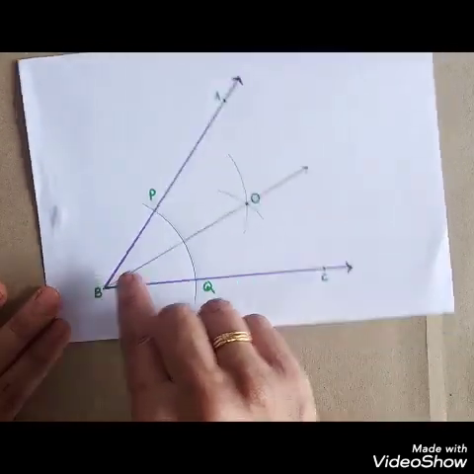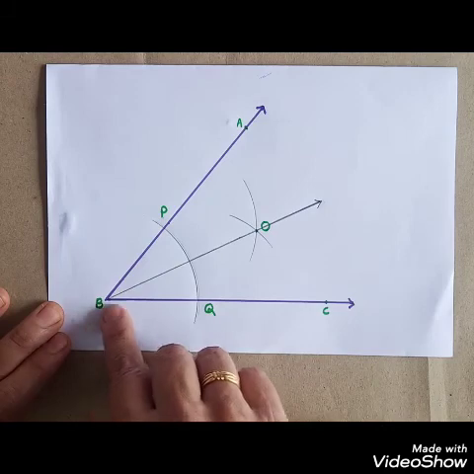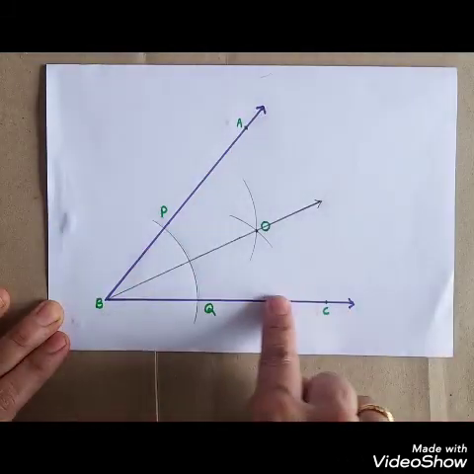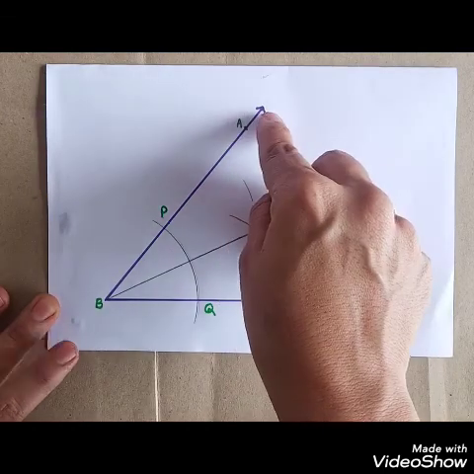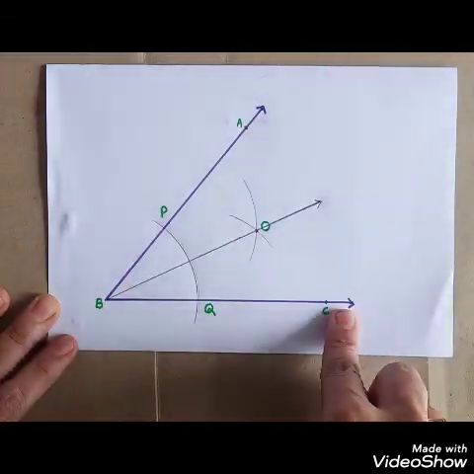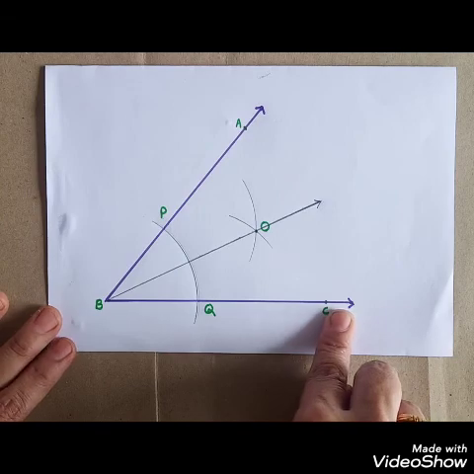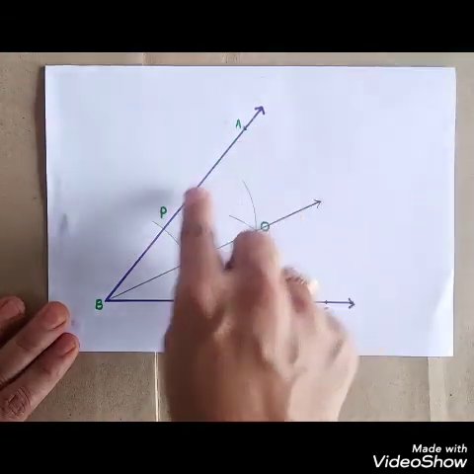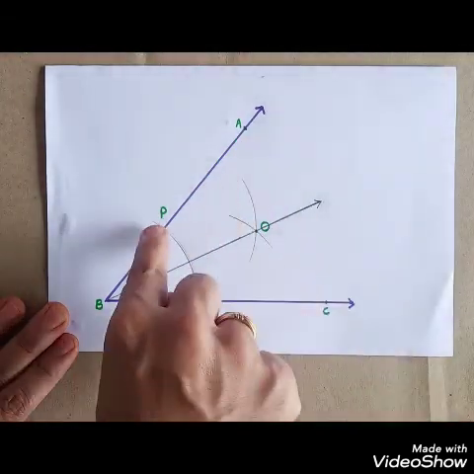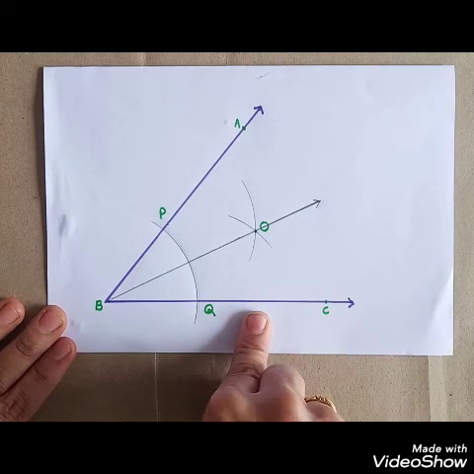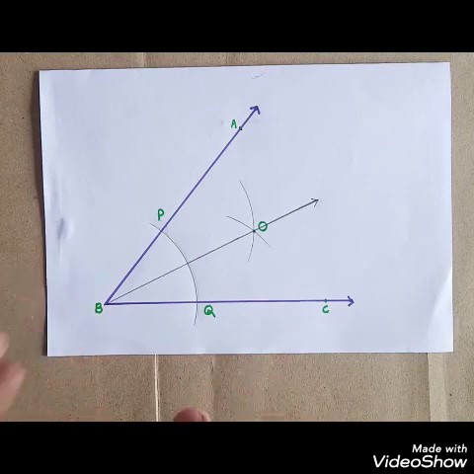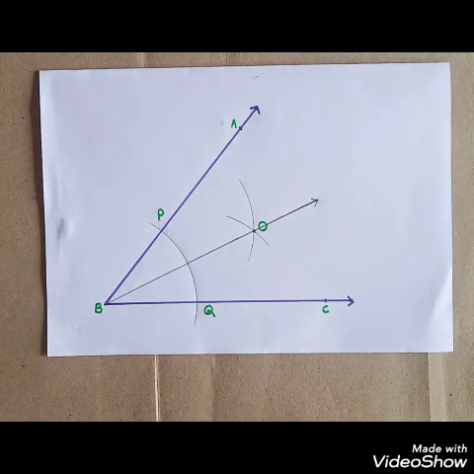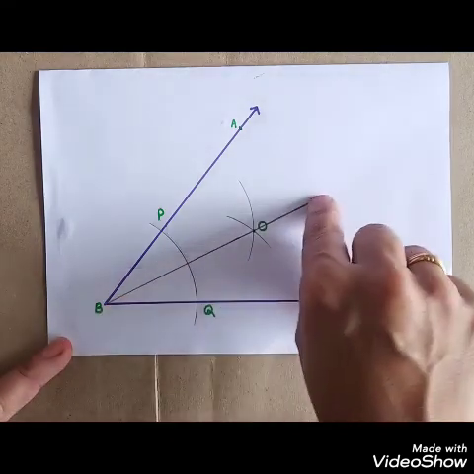So, ray BO is the bisector of angle ABC. Ray BO is the bisector of angle ABC. बघा मुलांनो, आपण कंपासच्या साहाय्याने या ठिकाणी अँगल ABC चा अँगल बायसेक्टर म्हणजे ज्याला आपण मराठीत कोन दुभाजक असे म्हणतो हे काढलेलं आहे. यानंतर आता आपण आपल्या प्रोट्रॅक्टरच्या साहाय्याने खात्री करून घेऊया की हा खरंच अँगल बायसेक्टर आहे की नाही